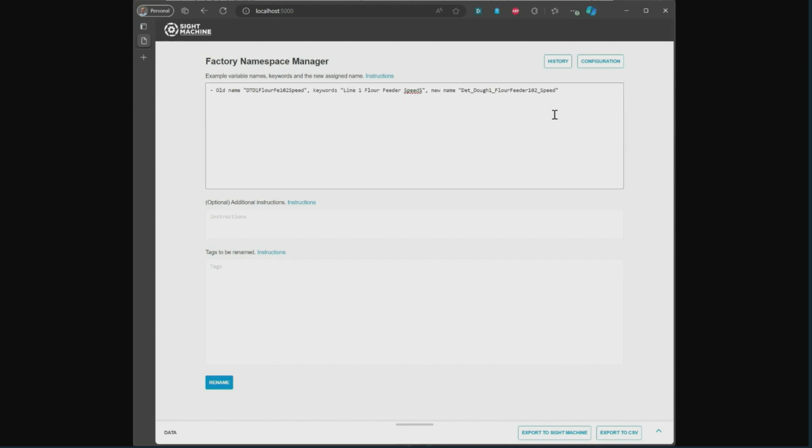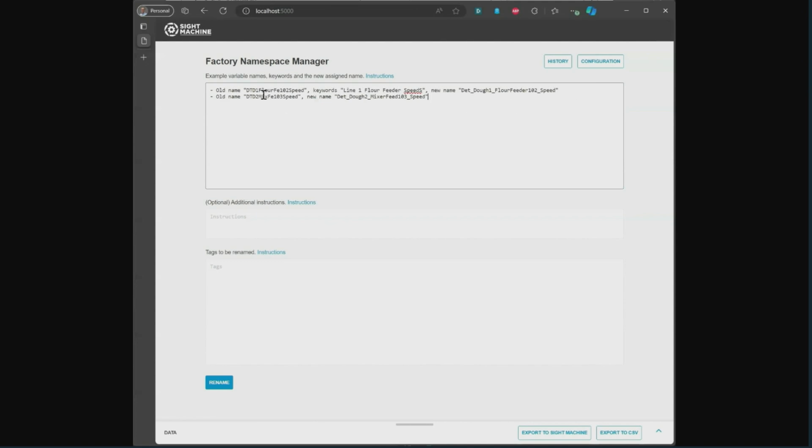And so there we go, pasting in an example, old variable name. You'll see that very first name there. It's a little small, I apologize, but it's one of these rather difficult to read names, everything smashed together. We have some keywords here, optionally, if you had that documented in your previous system, to give a little bit of insight if it's helpful. And then we give it a new name, which is hopefully a little bit more readable than the old version.